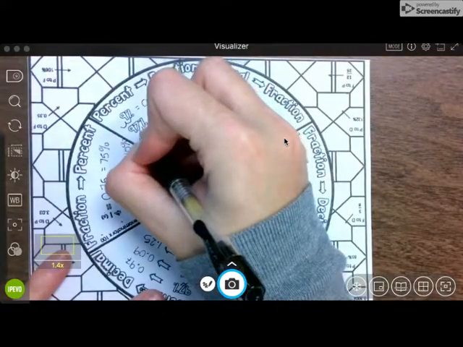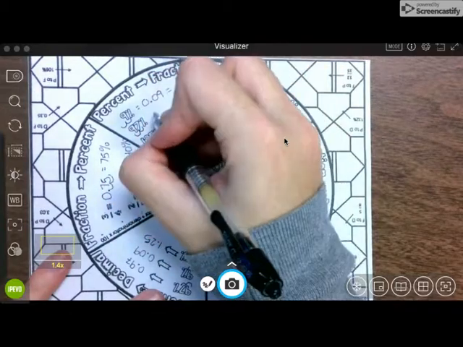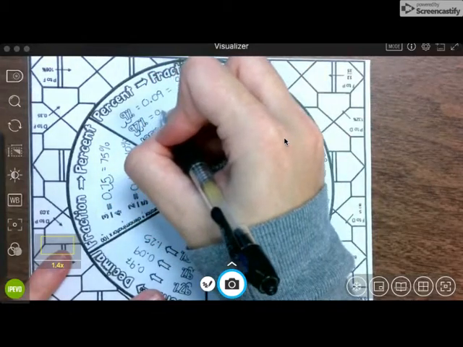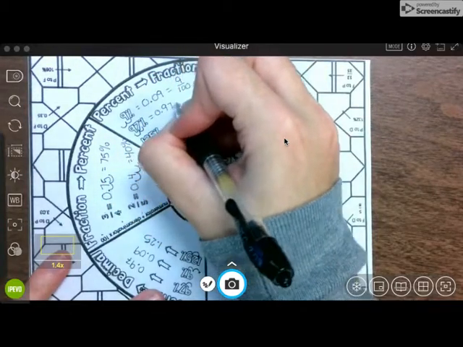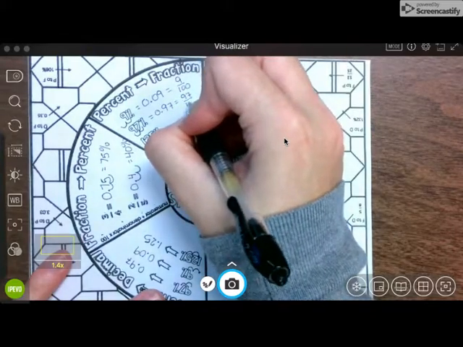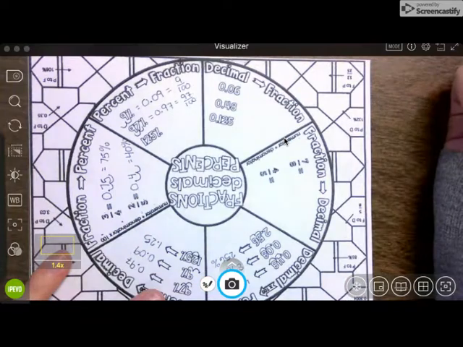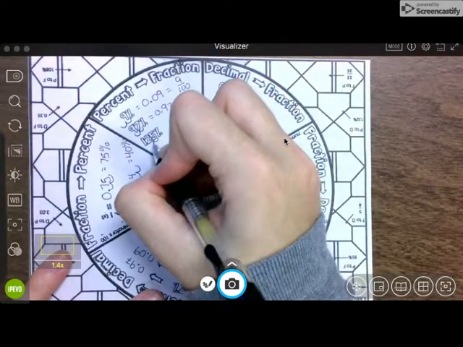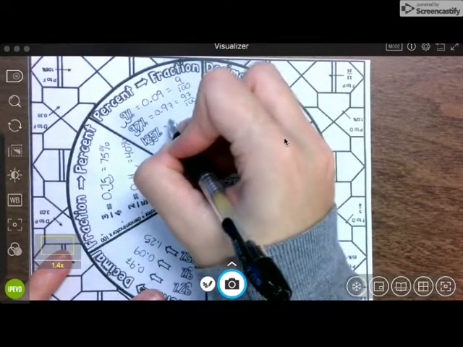Okay, do the same thing here. So it'd be 0 and 97 hundredths. So again, that'd be 97 over 100. Move it 2 places to the left. That would be 1